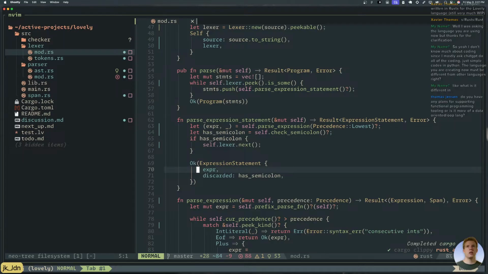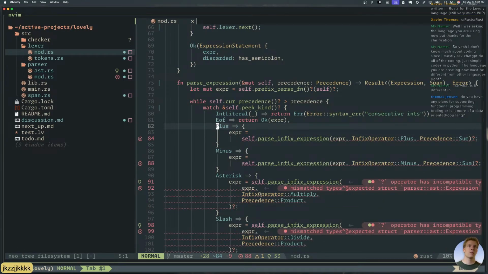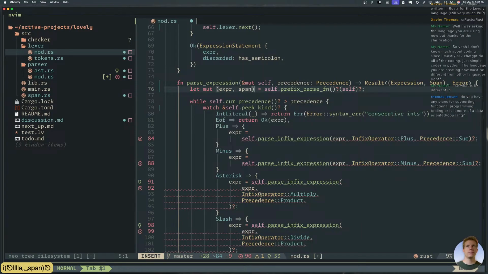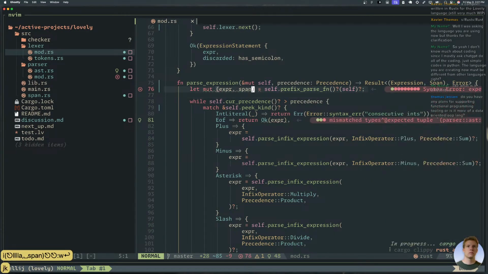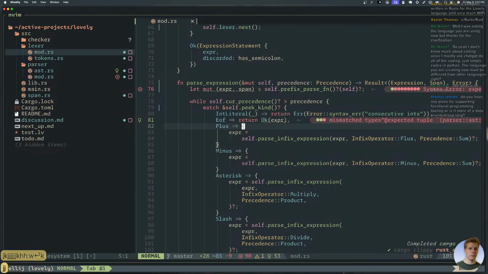All right, 88. So next one is here. Okay, so expression now. Okay, so we need expr and we need span. Ooh, we just brought it up to 90. Let's go. We're getting close.